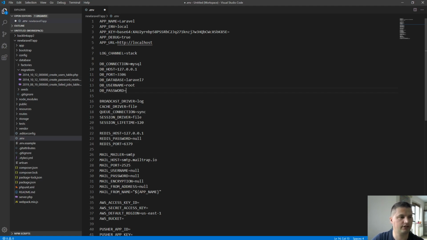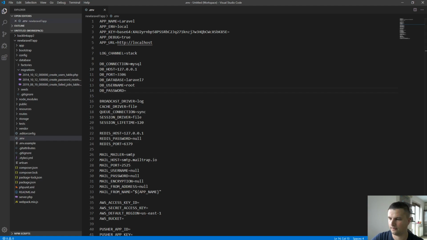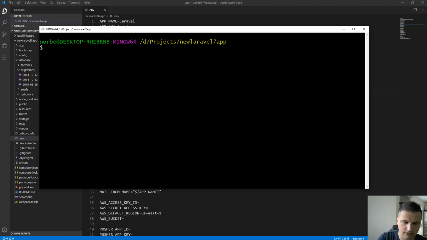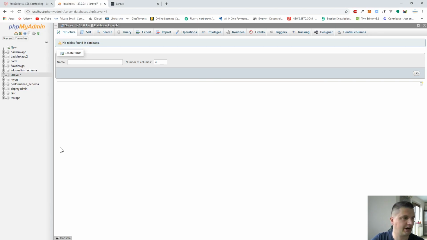But for now, it's good. So Laravel7, yeah, let's save this. And now we can run PHP artisan migrate, and everything is okay. So if we check our Laravel7 database now,